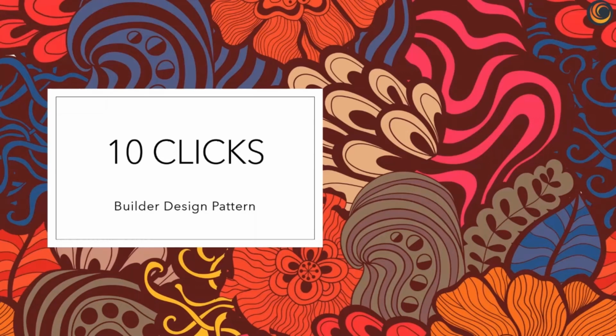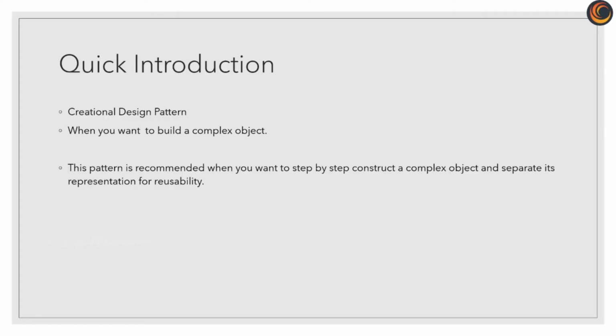Today we are going to talk about Builder design pattern. Builder is a creational design pattern used in case you want to separate the construction of a complex object from its representation. There could be multiple motivations to implement this pattern. For example, you may want the same construction process to be reused to create different representations and step by step build it till final object is returned.